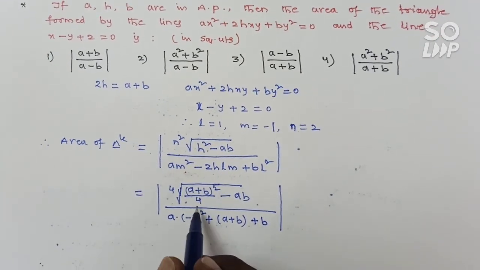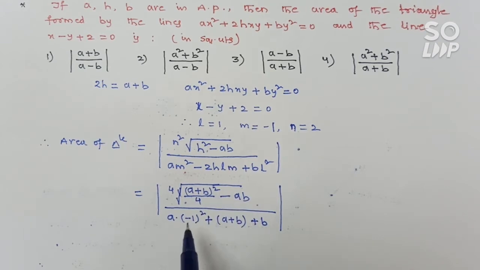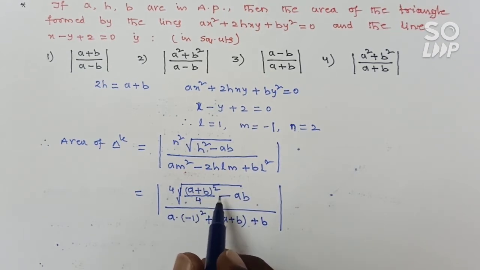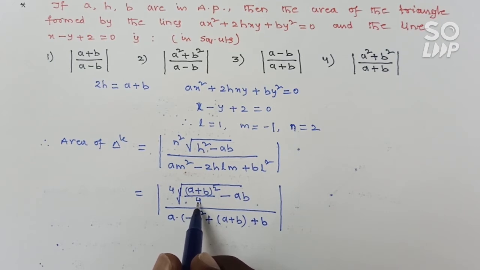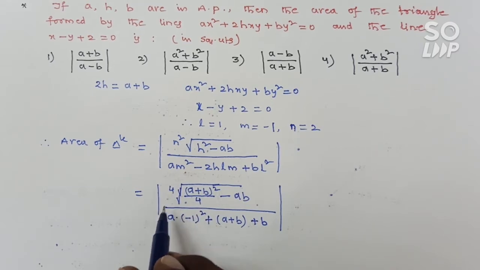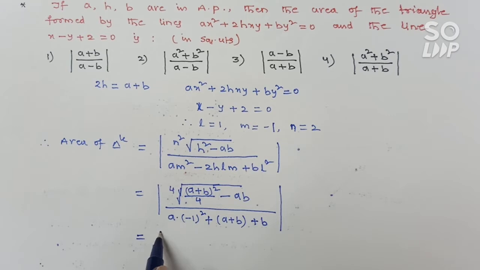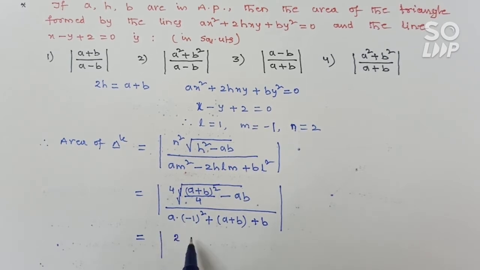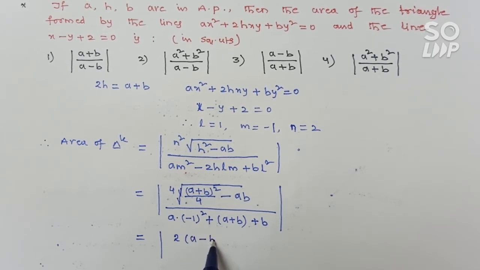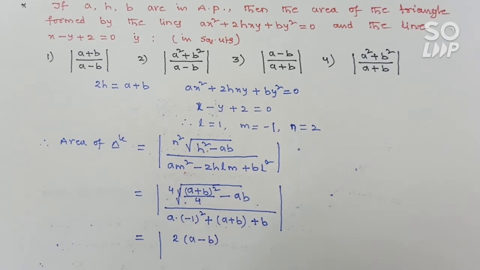Right? After this, now take the LCM. That becomes a plus b whole square minus 4ab, which is a minus b whole square. So a minus b, and under the root, 4 comes outside as 2. That is equal to modulus of 2 into a minus b, whole divided by,